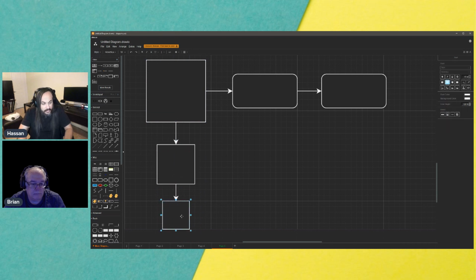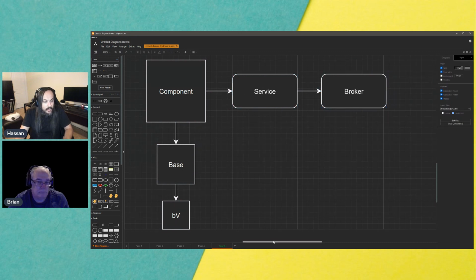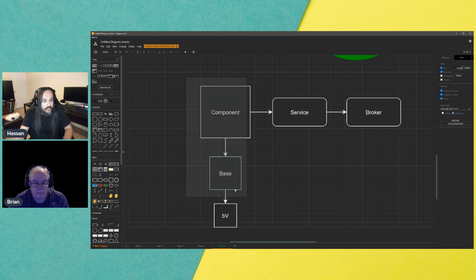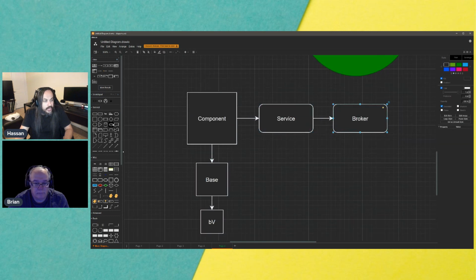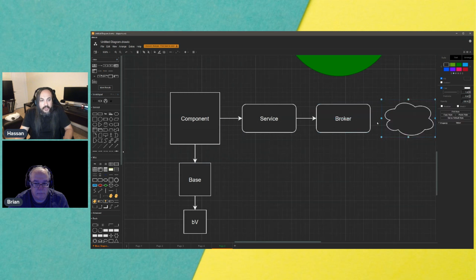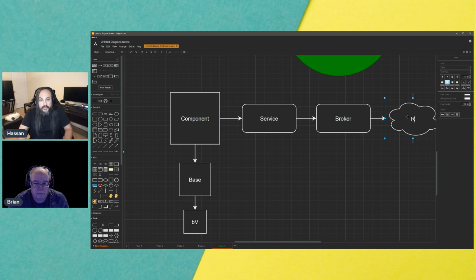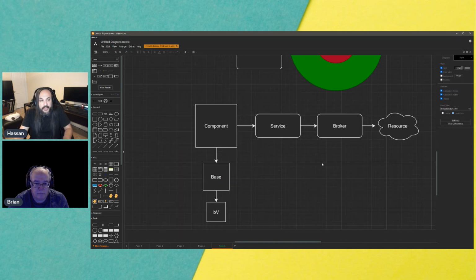So this is B virtualization, and then this is base, and this is component, and then you have in here a service, and you have here a broker. Now here's the magic of this. If we design it this way, what happens? If we design it this way, what that means is that whether that broker is talking to a GraphQL or OData or whatever resource, whatever that resource may be, for all I care,